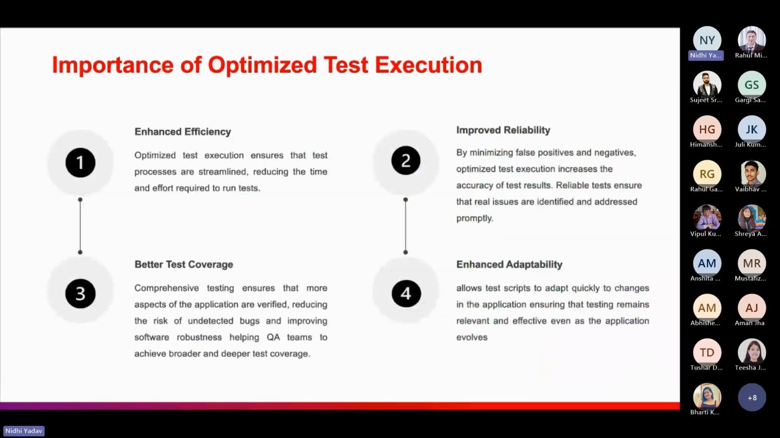The importance of optimized test execution. First is enhanced efficiency. The optimized test execution ensures that test processes are streamlined, reducing the time and effort required to run the test. This means that when we run our tests in an optimized manner, it will allow us to have frequent testing cycles and provide faster feedback, which is a very important point for agile environments. Second is improved reliability